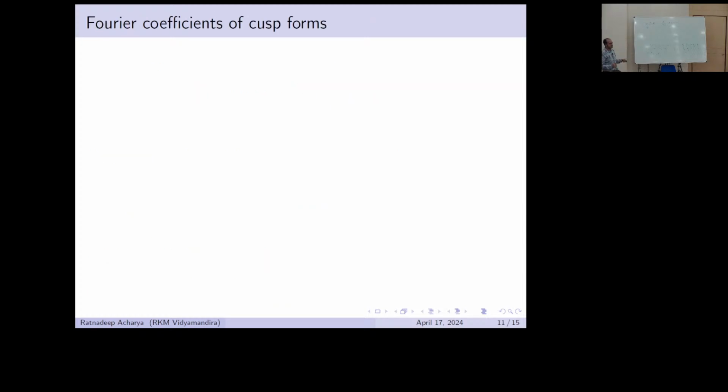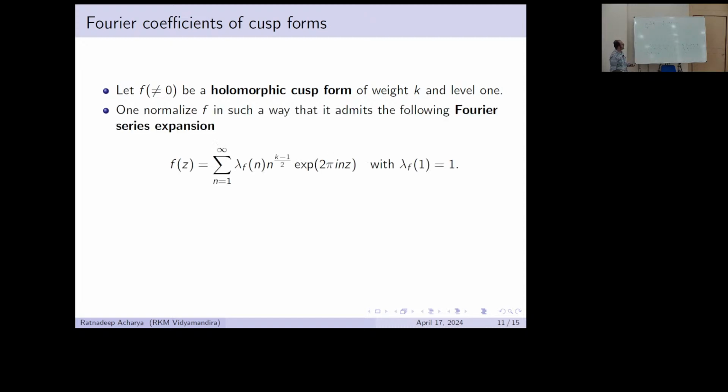And some of you might know the holomorphic cusp forms. So let f be a holomorphic cusp form of weight k and level 1. I know this is a little more technical, but that was my original purpose to study this kind of problem. I'll just mention the results. So it has some Fourier expansion like this, and these lambda f(n)'s are known to be the normalized nth Fourier coefficient.